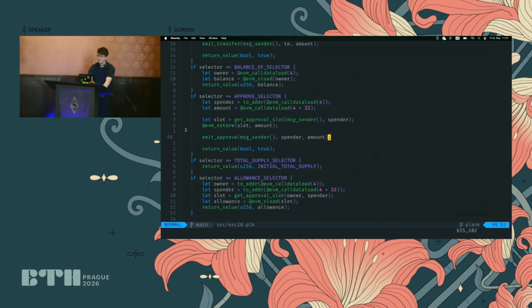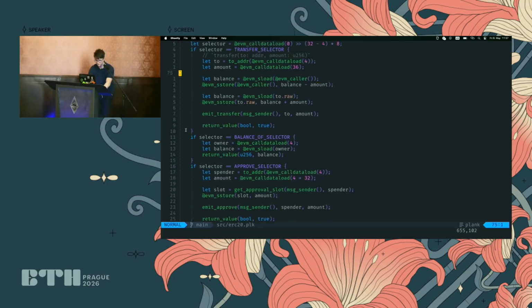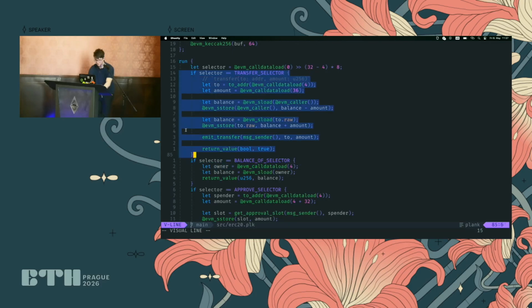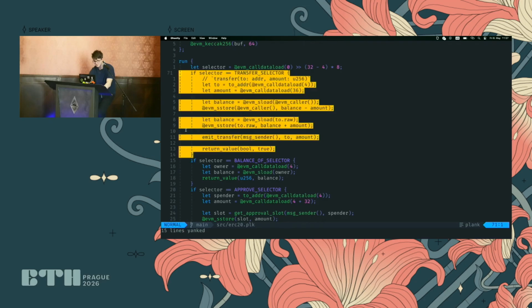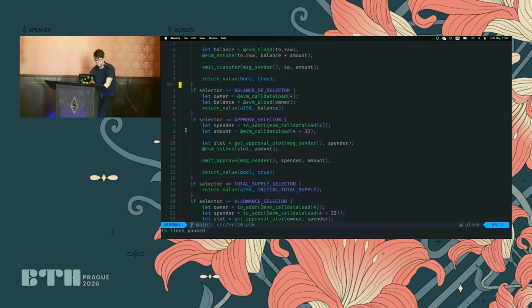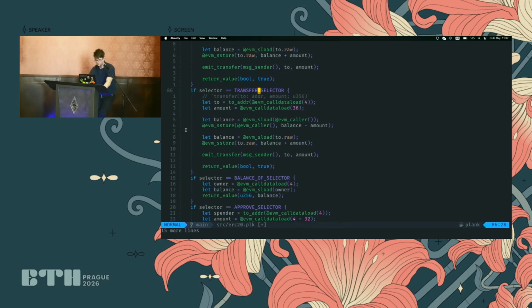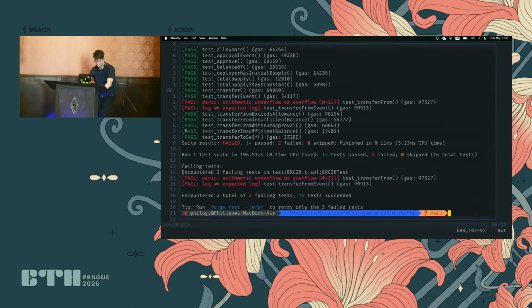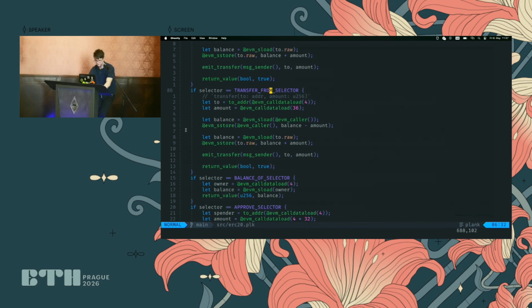All right, now for the final big boy, we have the transferFrom function. So transferFrom not only transfers, but it checks approvals, decrements approvals, does the whole nine yards. So let's get that in here as well. Transfer from selector. So first let's see that that actually compiles. Okay, that's the correct constant.